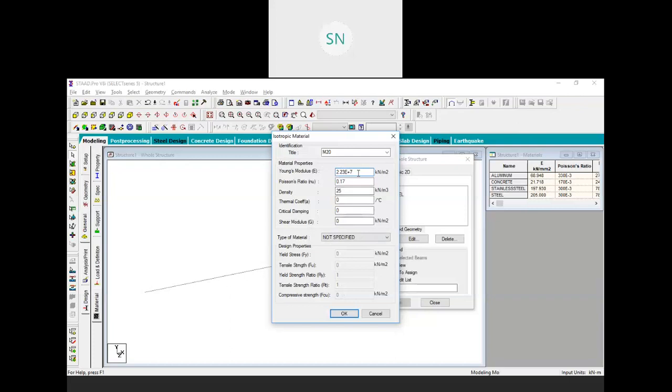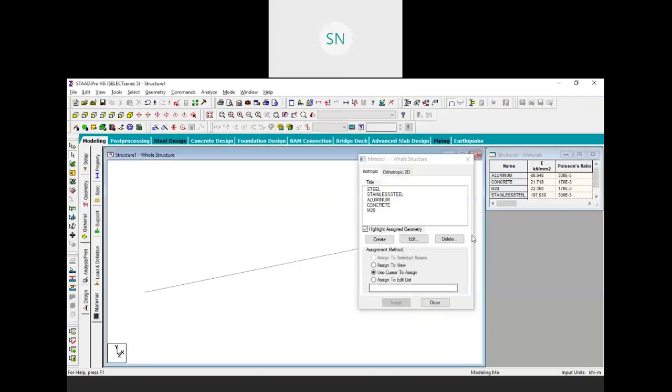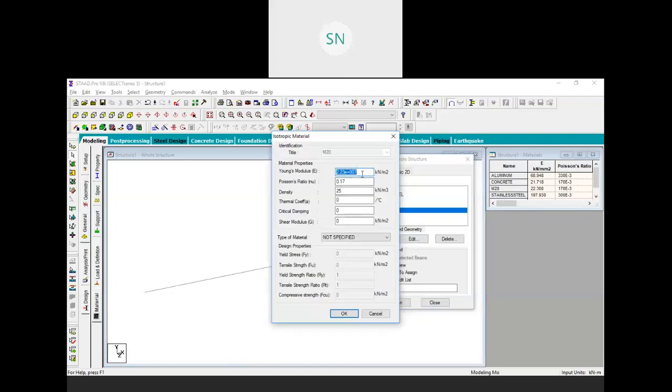So I have entered in scientific method. If you want to enter with the regular method, you can, 1, 2, 3, 4, 5, 6, 7. Make sure your digits are okay. Just hit OK and check it again. Select it, go to the edit. Make sure your value will be converted into scientific.